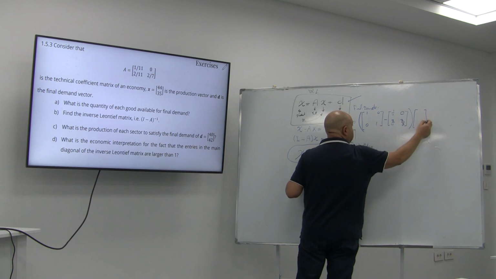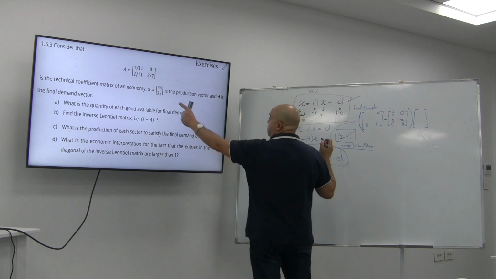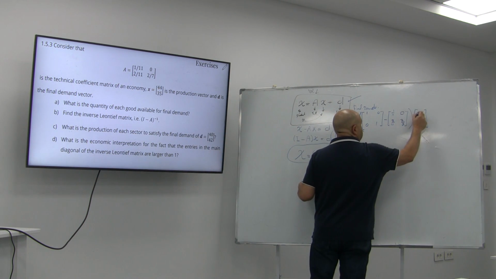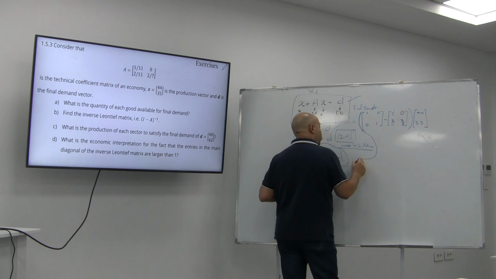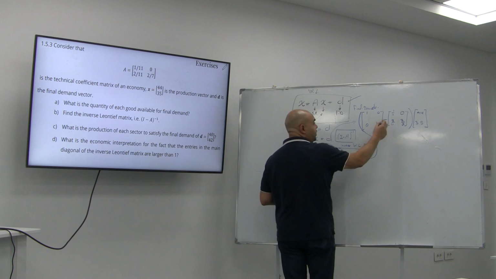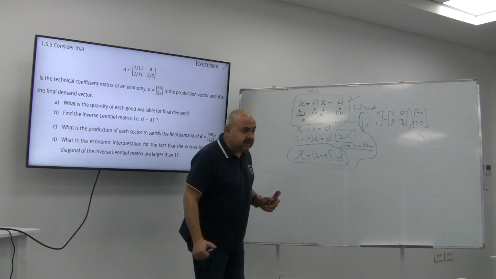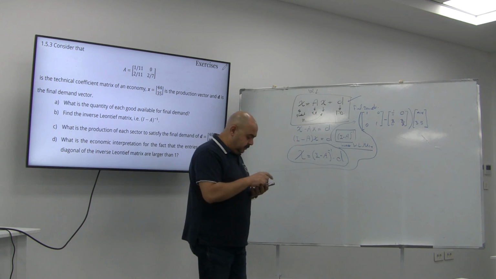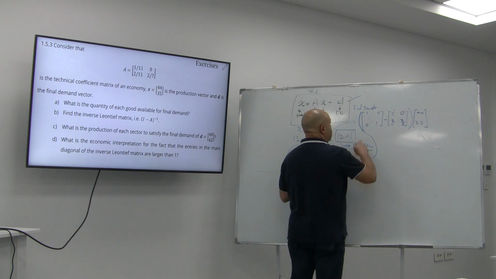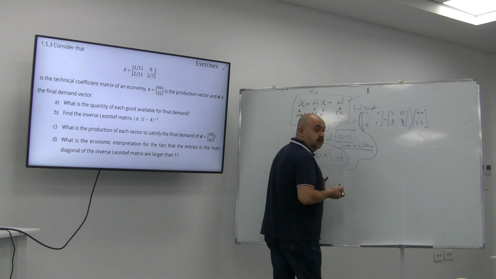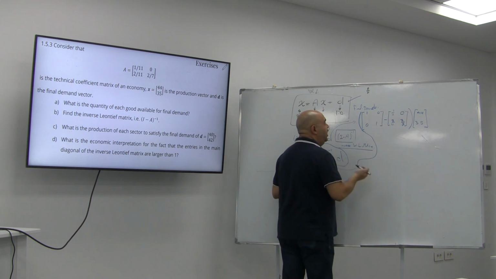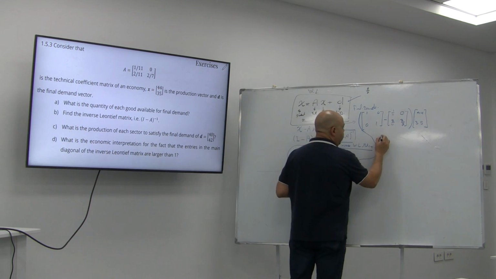Tala, correct? Okay, the production that's given is 44 and 35. First of all, I will have to get the value of the difference between these two matrices, which is very, very simple. Can you do it? Yes, of course. So once you subtract 1 over 11 from 11 over 11, you will end up having,